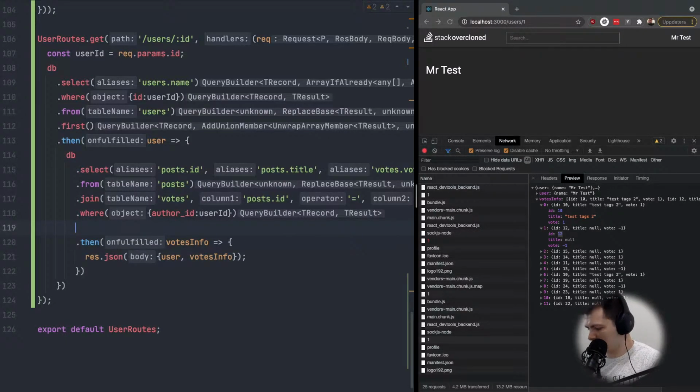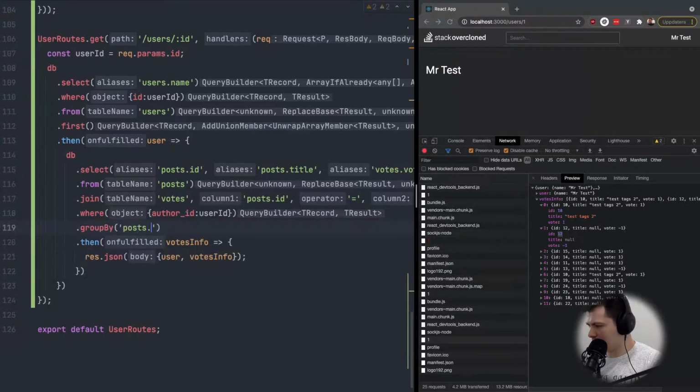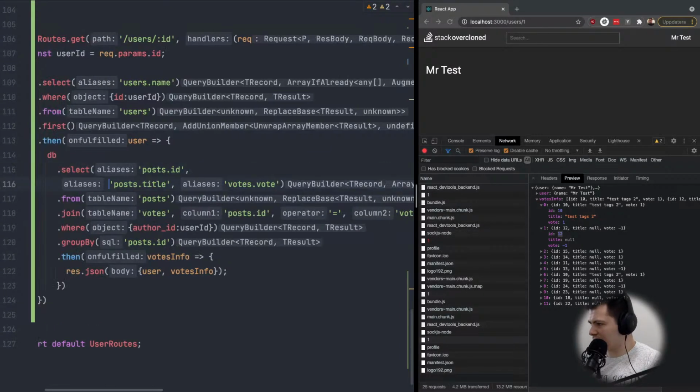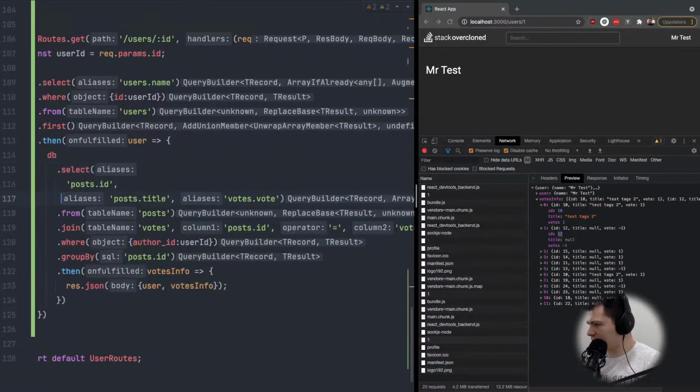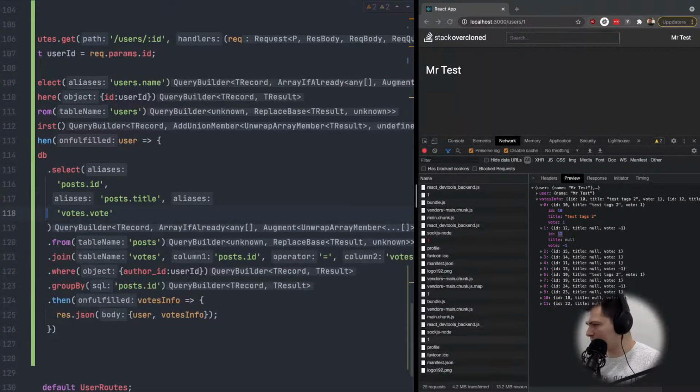So let's do group by posts ID. And let's maybe split this apart so we can clearly see what we are selecting. So we are selecting post ID, post title and votes vote, but now we will not select votes vote because